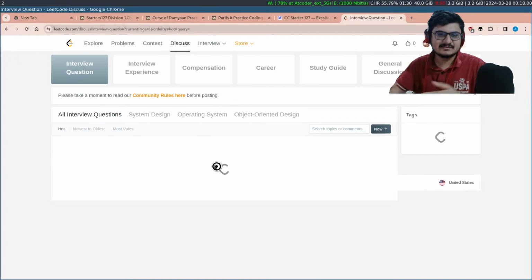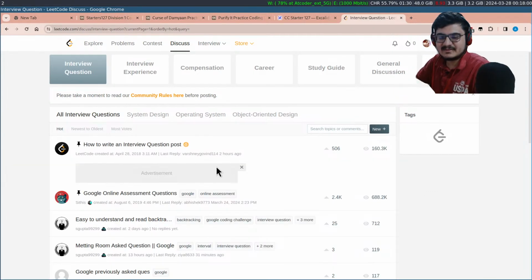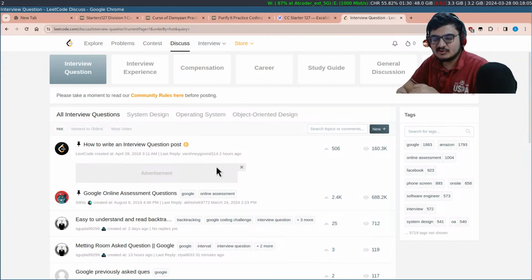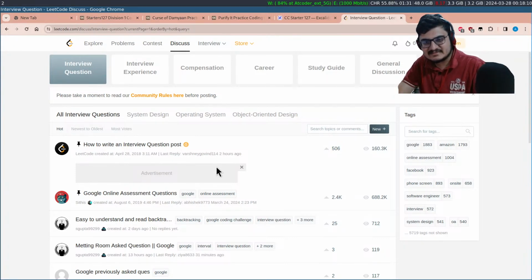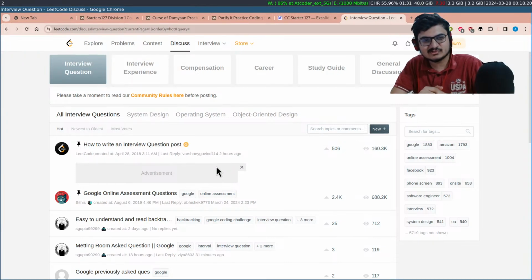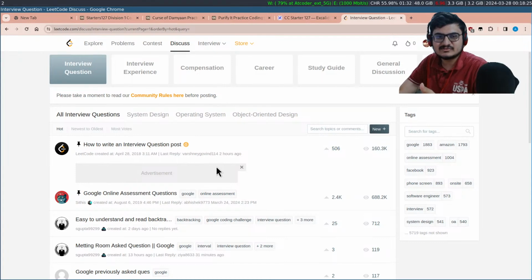Basically, if you need a job in the next 6 months, CodeForces can be overkill. The reason is that you have to solve 1,000 problems on CodeForces to get the same result which you can get by solving 200 or 300 problems on LeetCode. Because you are short of time, it's better to solve 300 problems on LeetCode than trying to solve 1,000 problems on CodeForces to get the same result.